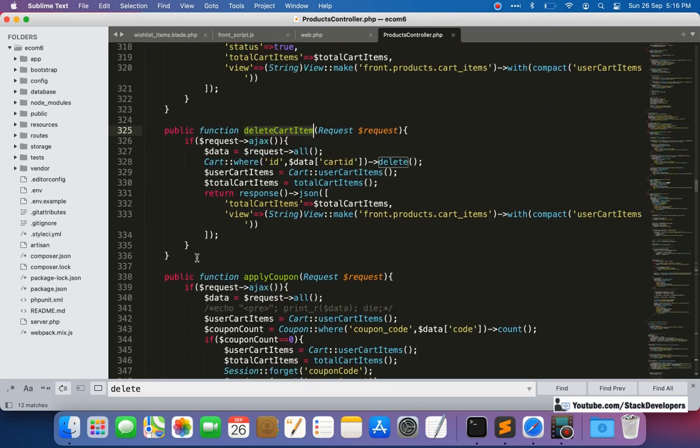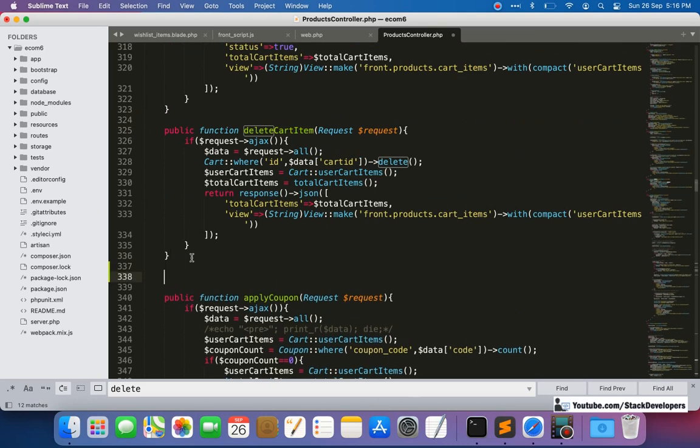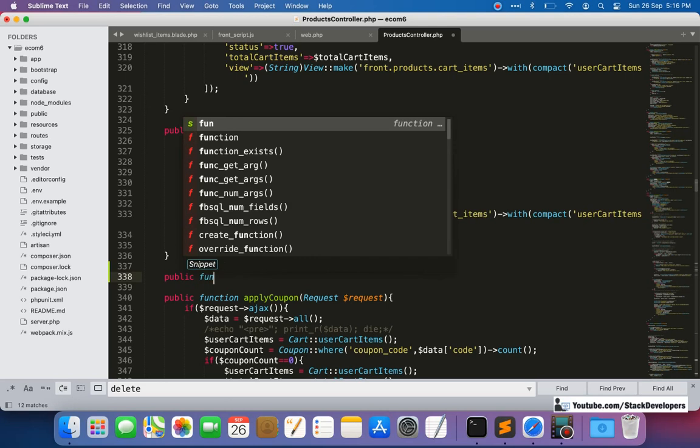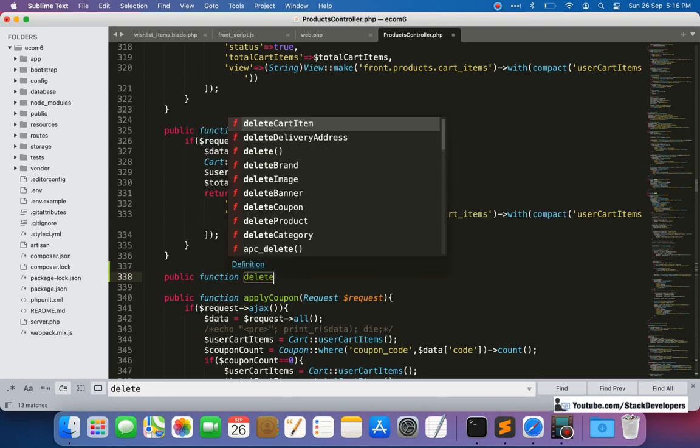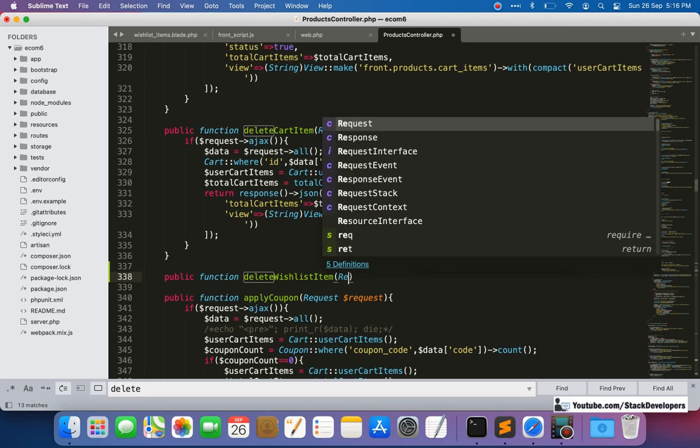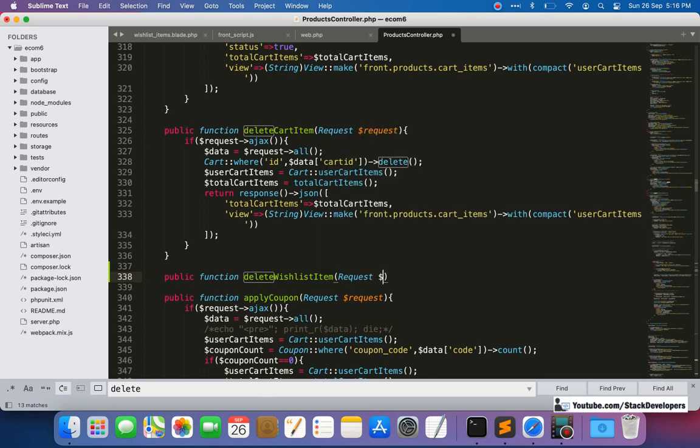Now we are going to create delete wishlist item. Let's create it: public function delete wishlist item, and here also request, dollar request.